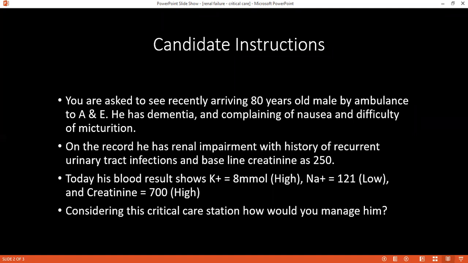Ma'am, high potassium can lead to lethargy, confusion, muscle weakness and cramps. It can lead to paralytic ileus. It can lead to atrial fibrillation or ventricular tachycardias, ma'am. Arrhythmias. Okay. If you are asked to do the ECG in this patient, how would you expect a typical ECG